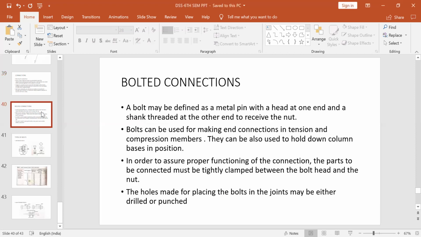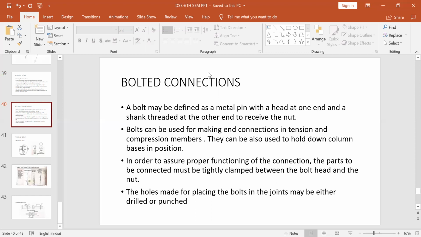Now, we'll start with the bolted sections. Bolted connections and riveted connections are more or less similar, except that the bolt is much heavier and much bigger in size. Bolts are mostly used at erection sites in the construction industry, for erecting any steel structural member or building. For heavy loads the rivets sometimes fail, so we use bolted connections.